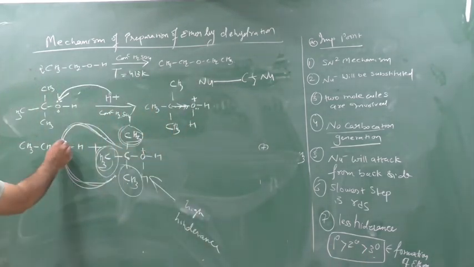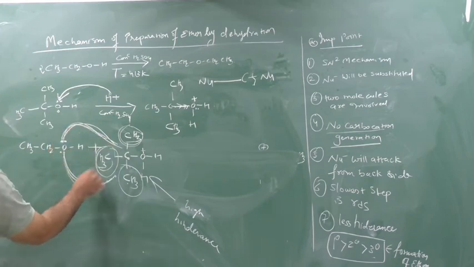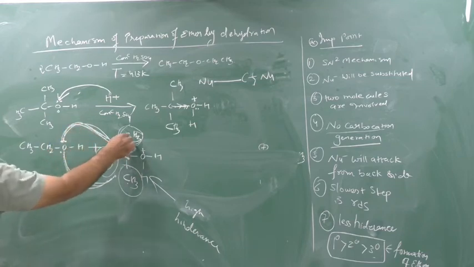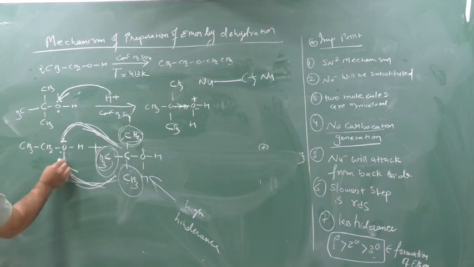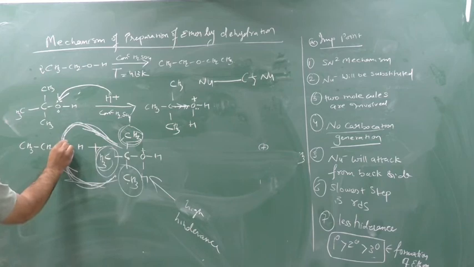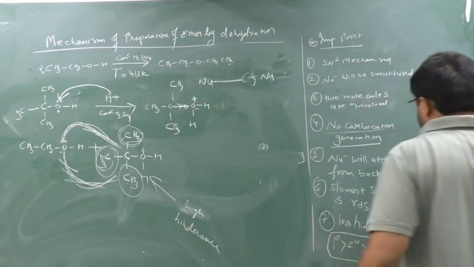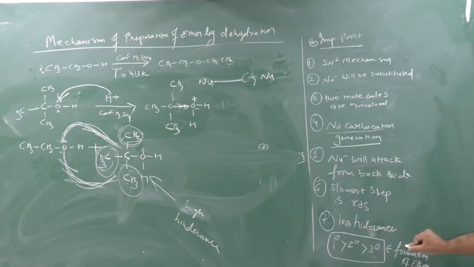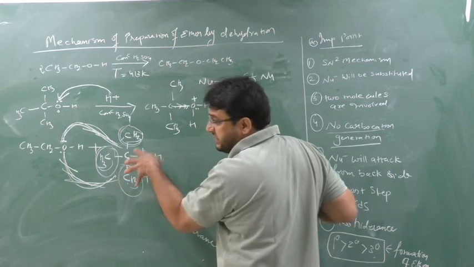You see, this oxygen wants to give one lone pair to this carbon, but it is very difficult, because when it gives from here, these two will stop because of the electron cloud. Repulsion will take place here, and here also. So this lone pair cannot be donated to this carbon, and the product cannot be generated because of more hindrance. That's why I am telling you, the condition is: less hindered. The species which is attacked should be less hindered.